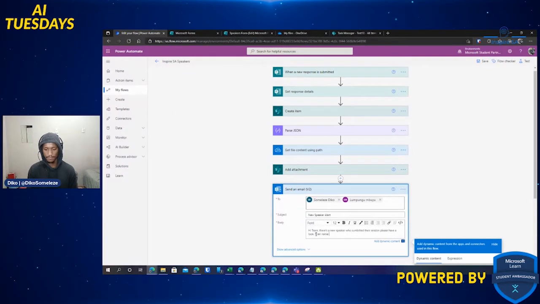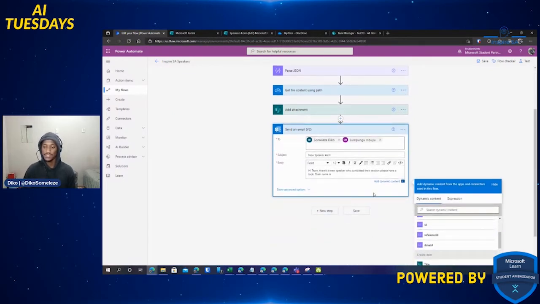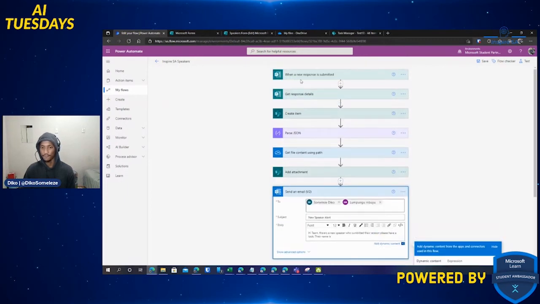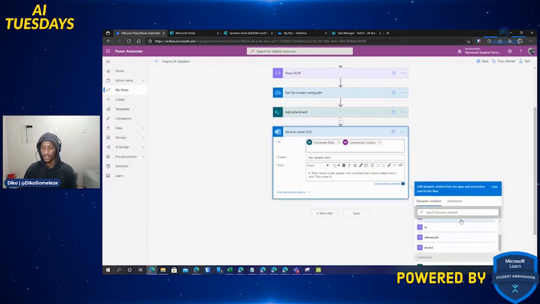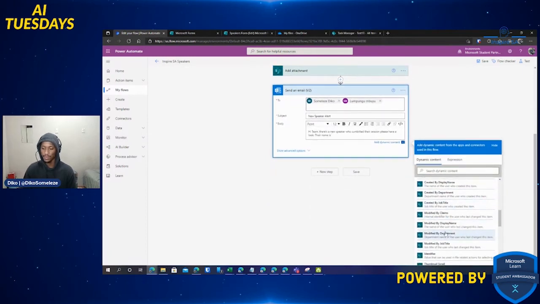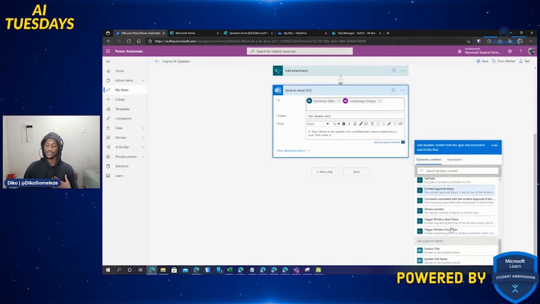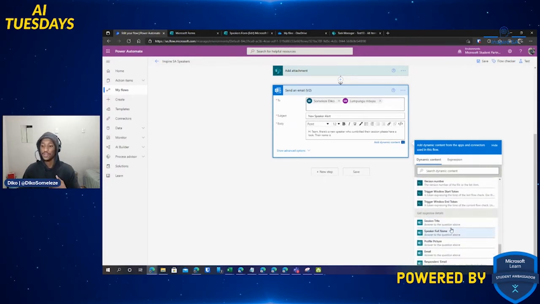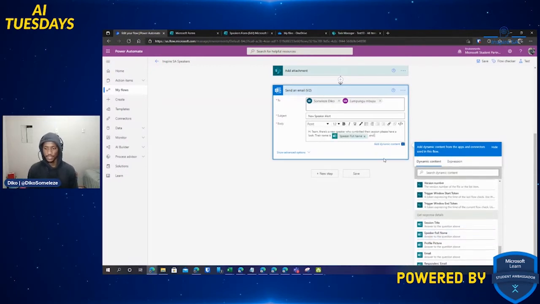Their name is, and then we use the dynamic content that we already have from all of those previous actions that we've had before. So we quickly double check what we can pick and choose from. So we want from the response of the form, we want the speaker full name. So we'll say their name is, and you can view their request